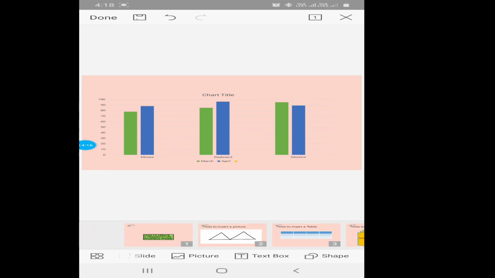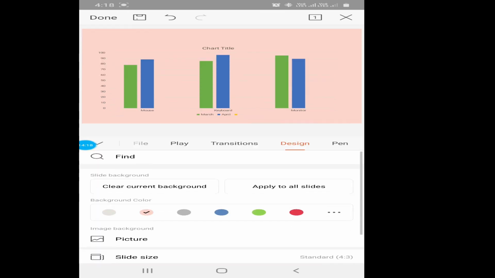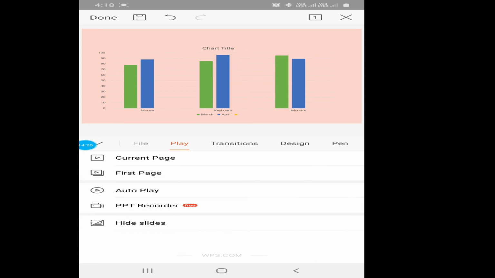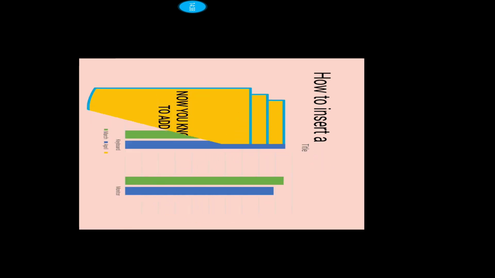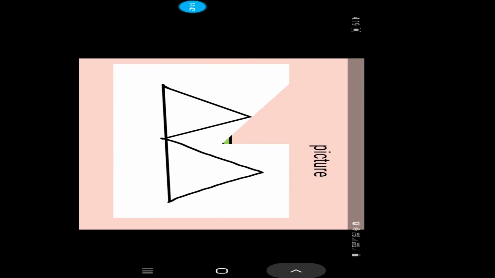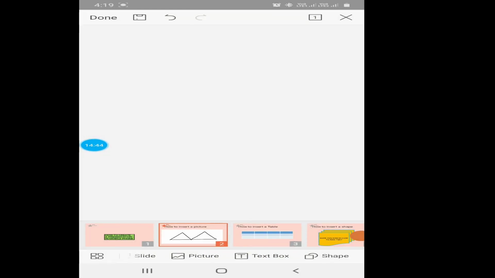And then when you want to play this, when you want to see how it is, so auto play. So it will play, looping will be done over there.